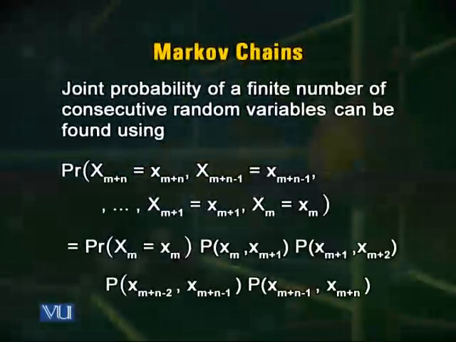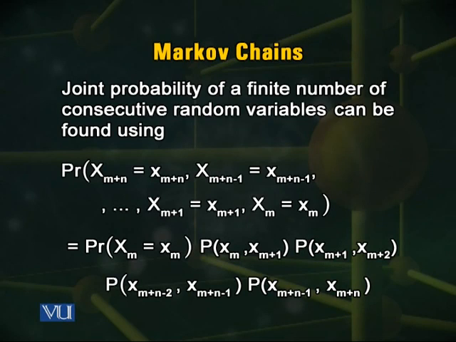You can certainly extend this idea. If you are working with a Markov chain and you have n random variables, all neighboring, all adjacent to each other, then their joint probability is a sequence of entries in the multiplication, where the first entry is the unconditional probability of the random variable which has the lowest index, and then transition probabilities from that lowest to the next, to the next, to the next, and to the next.